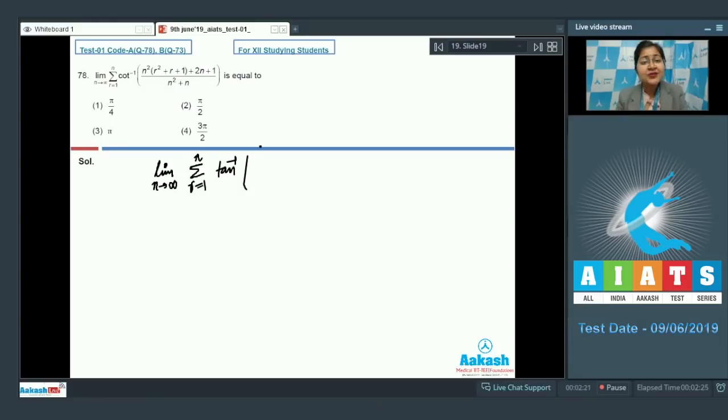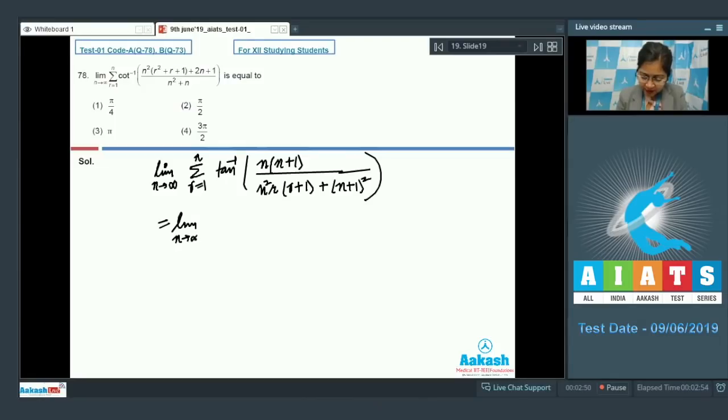So we'll write it as n square plus n. Taking n common, we will write n plus 1 divided by, here we have n square r plus n square r. So that can be written as, taking n square r common, r plus 1 plus n square plus 2n plus 1. That is n plus 1 whole square. This is clear? Now we can further write it equal to limit n tending to infinity summation r equal to